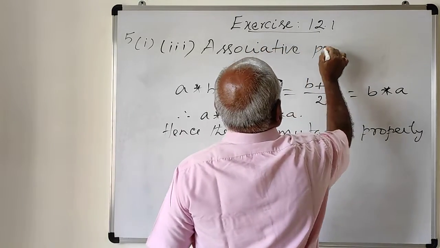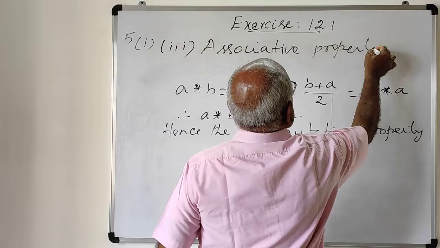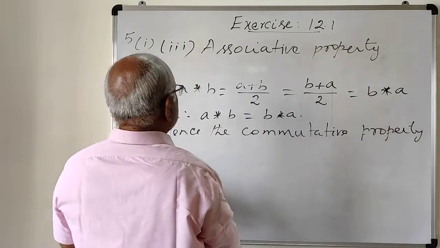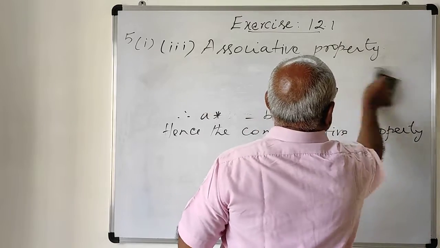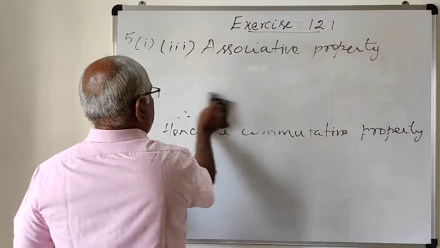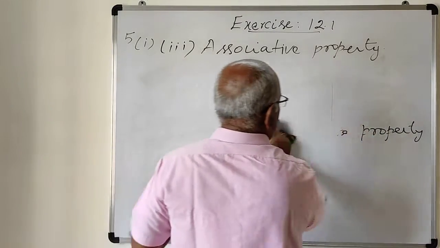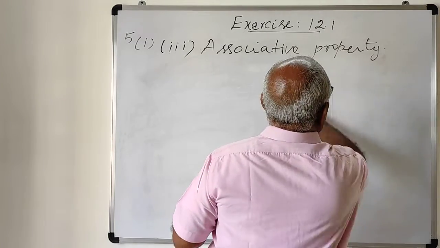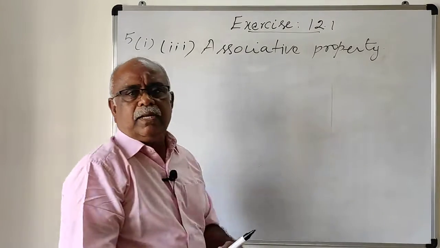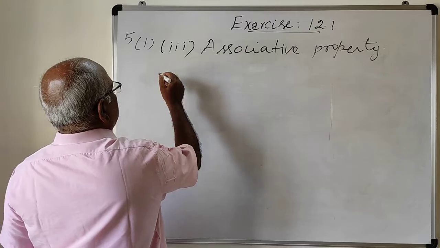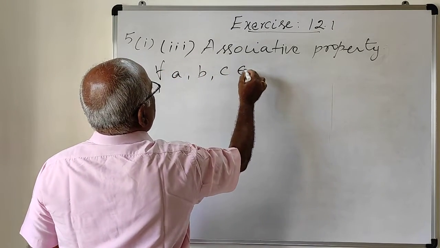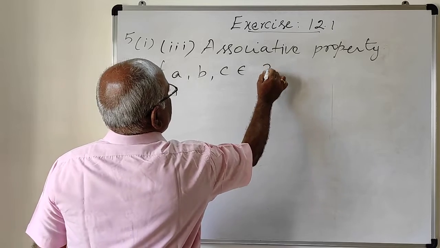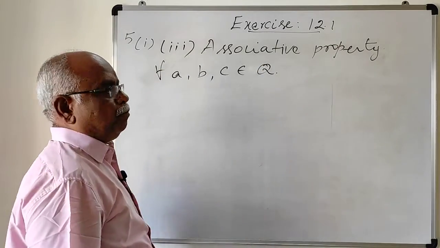Associative property. Here we have to consider three elements in the set of rational numbers Q. For proving the associative property, we have to consider three elements. For every a, b, c belonging to the set of rational numbers Q,